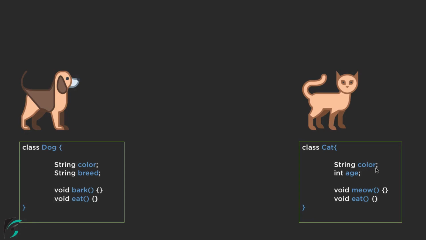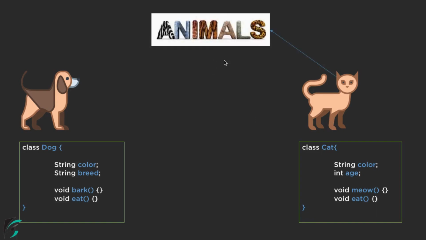Now a good programmer should always try to avoid code repetition. So here comes inheritance into picture. Now if you find something in common between dog and cat, we have it like both are animal in nature. So we can basically create the class of animal and inherit all the properties from this class of animal within dog and cat like this. So within the class of animal, we can define string color and void eat function. Now that we have these two properties and behavior within the class of animal, let us modify our class of dog and inherit all the properties of animal within the class of dog.